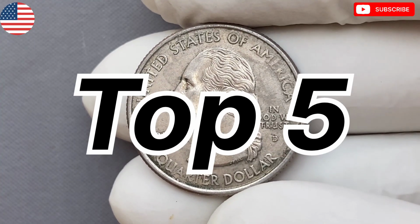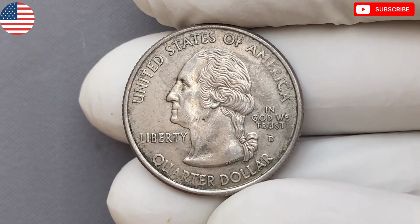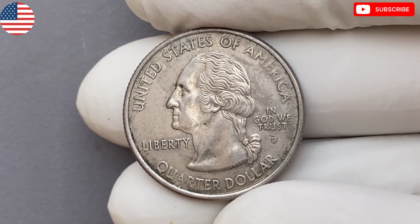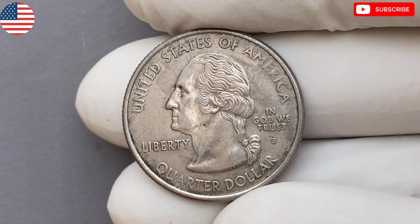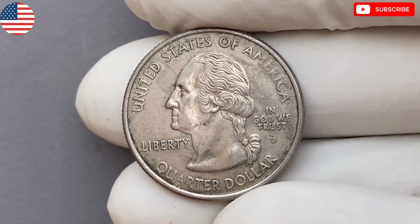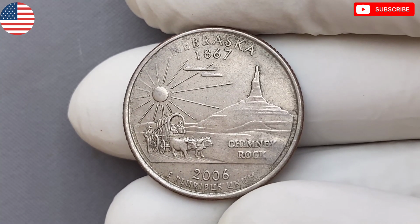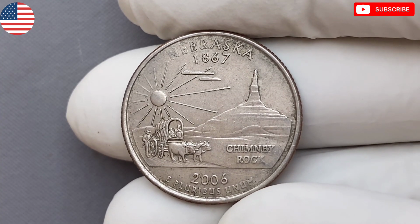Top 5. We're unlocking the hidden story behind one of the most captivating coins in the 50 State Quarters program, the 2006 Nebraska State Quarter. This coin isn't just about history. It's about mystery, minting mistakes, and jaw-dropping value. So coin lovers, collectors, and curious minds, listen carefully, because you just might discover that a fortune has been hiding